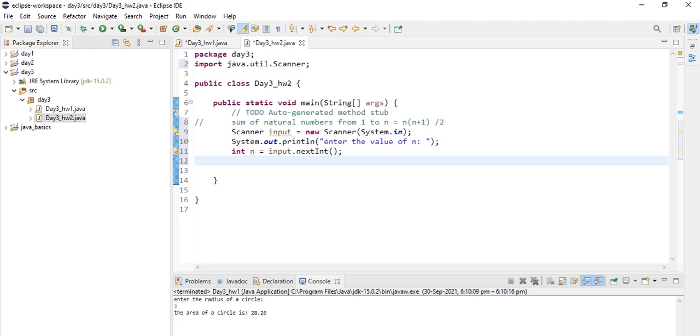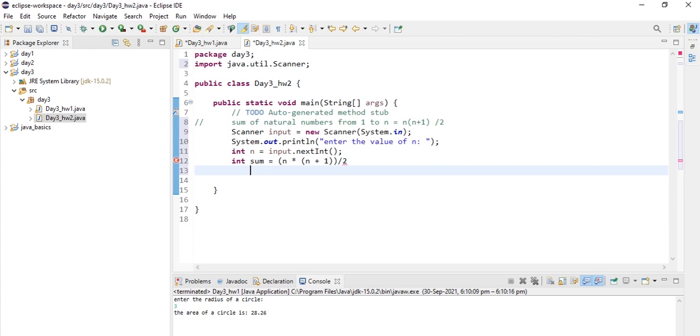And here we are declaring another variable, sum, of integer data type, that is n into n plus 1, make sure that you keep this in brackets, whole divided by 2, and make sure you end with a semicolon.